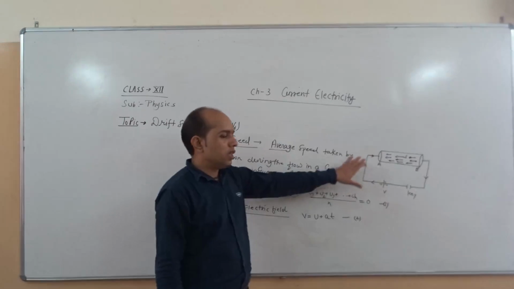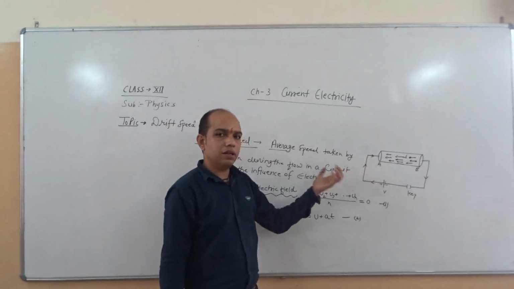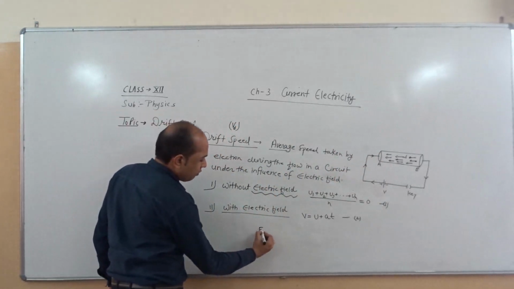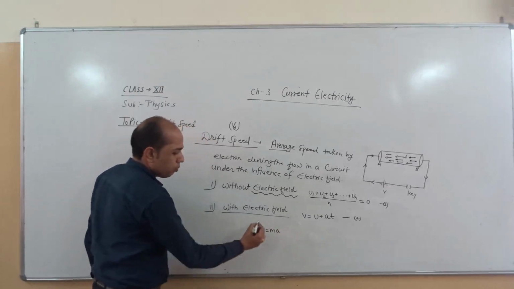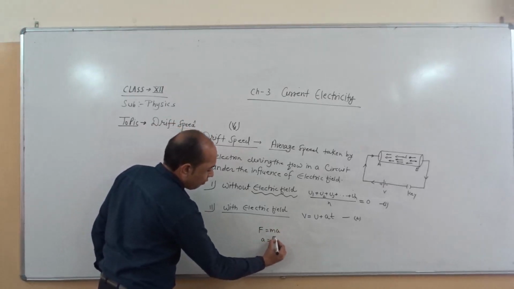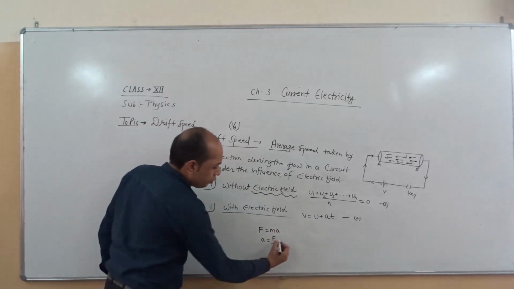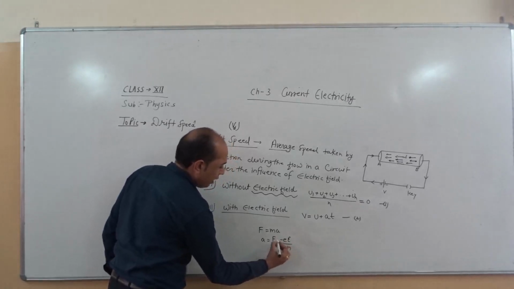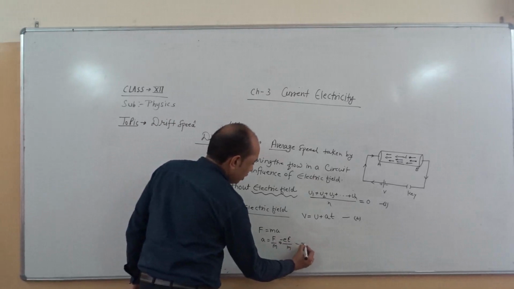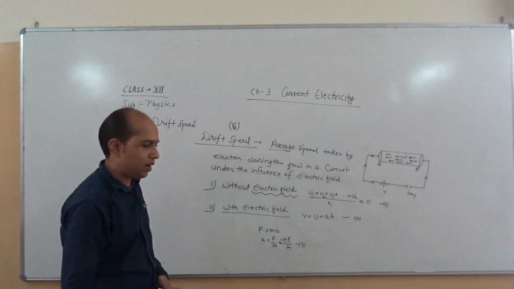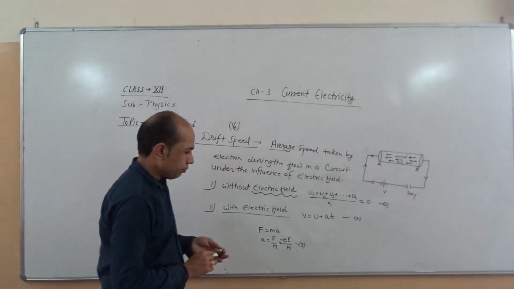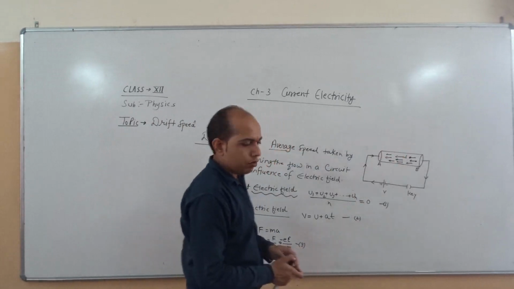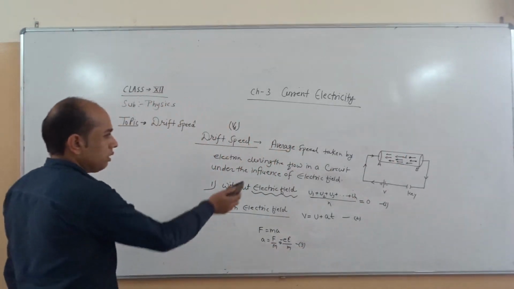So when an electric field is given to the electron, obviously the electron gets accelerated. So acceleration is given by the identity F = ma. From this identity, a = F/m, and F is denoted by capital E times e, so a = -eE/m, with a negative sign. So this is the acceleration for an electron in the presence of an electric field. Now with the electric field, every electron has some finite velocity. So we have to write the velocity for each electron.